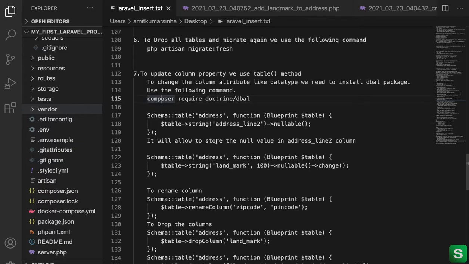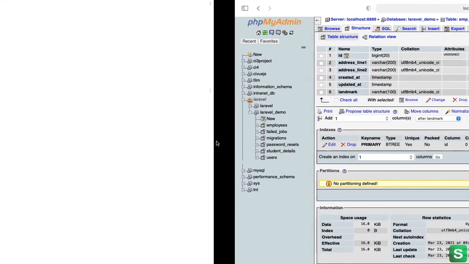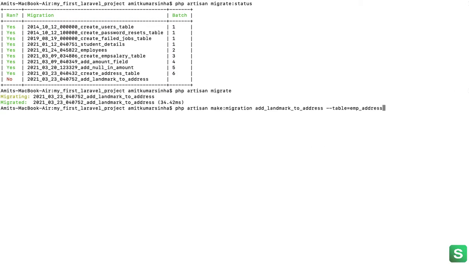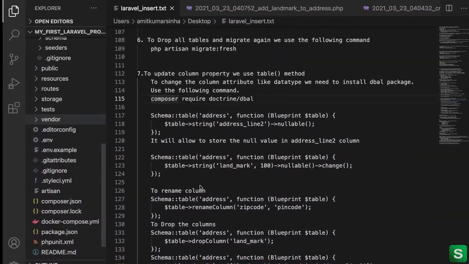So now I am again creating one migration file. Now change landmark to address. Okay, the table name will be same. Press enter. This one is created.